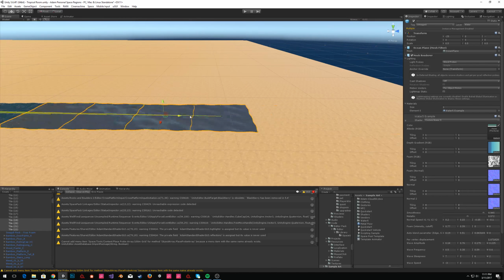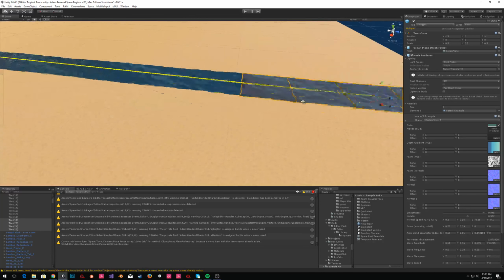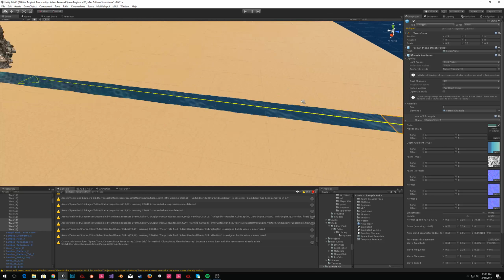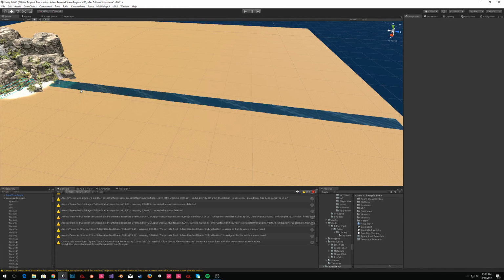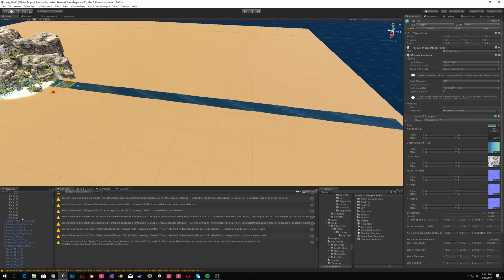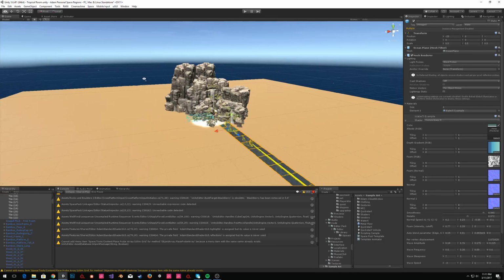I just want to have a nice big area to wander around in, because one of the benefits of space is that you can have really huge regions, so it'd be a shame not to show that off. Incidentally, you can see the depth mapping working quite nicely there as it gets higher up. The tone of the water gets fairly robust and nice. Okay, so it's those guys, and